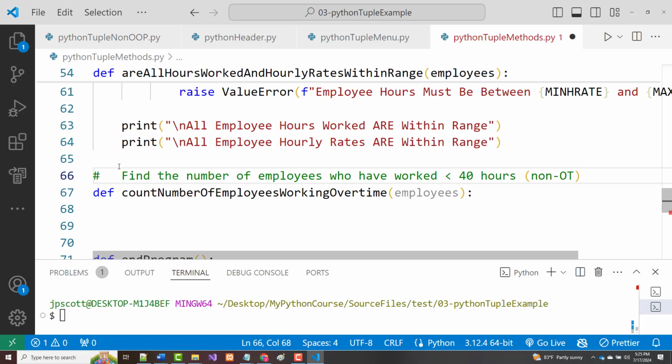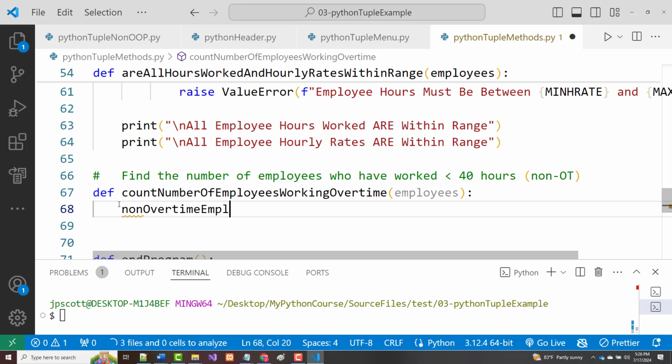And there's something like 9 people who have not worked any overtime. Okay? But I thought, well, if I'm going to do that, why not be a little bit more specific? And after we do that, let's print the names of the employees and the number of hours they work, just to verify that. Okay? Otherwise, all we're getting is a count. So